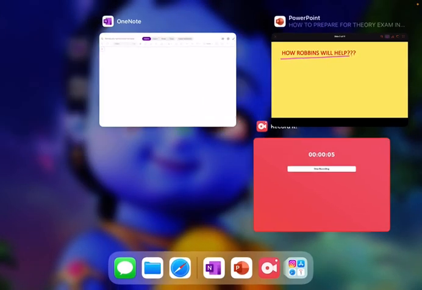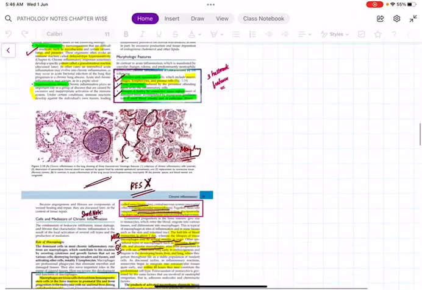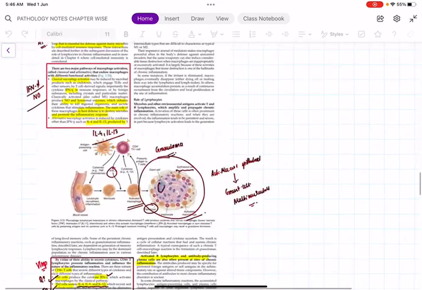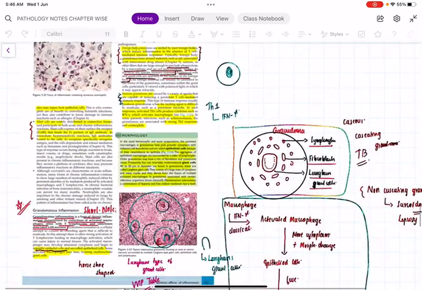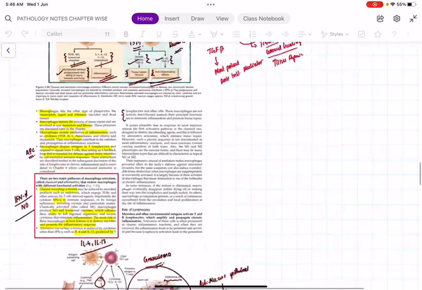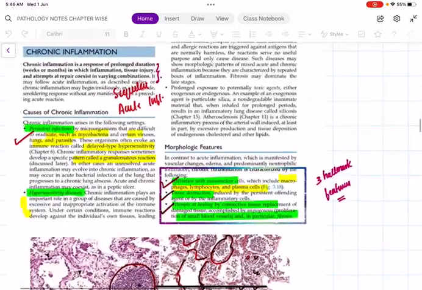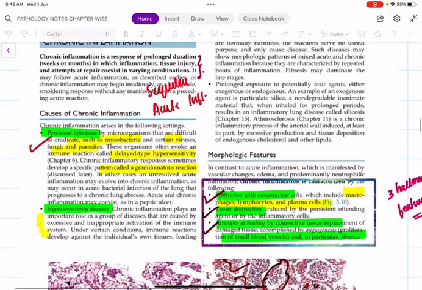For example, this is the inflammation chapter, and in it we have chronic inflammation. In this essay question, I am taking it as an example. In chronic inflammation, what all do you have to write? Please, in chronic inflammation, you should first know what the causes are. For those students who are using Robbins, Robbins is very beautiful, and at the same time it is very easy to write